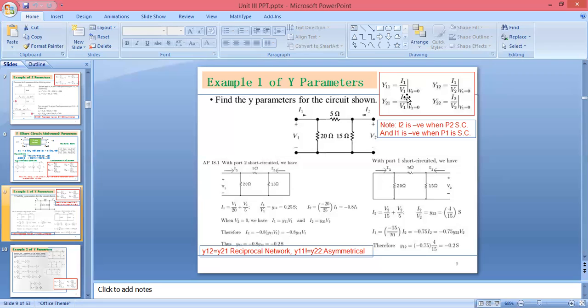So what we can do? We can calculate I2 from the equation of I1. I1 के equation से हम I2 निकाल सकते हैं by using the current divider rule. So you will get these equations, and you are getting the equations for I1 and I2. If you put the value of equation I1 in I2, you will get I2 equal to minus 0.8, because I2 is outgoing. If you see, I1 is incoming and I2 will be output. That's why here you can take I2 equal to 0.8 into Y11 V1.